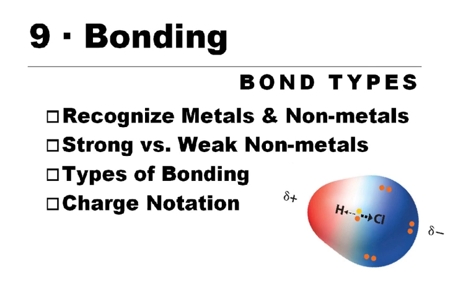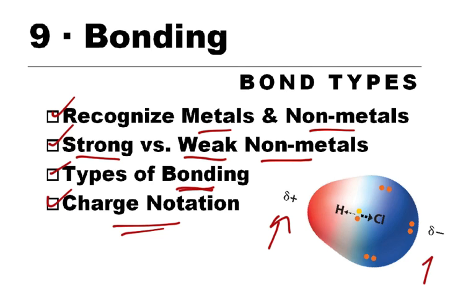This is a quick tutorial on how to recognize and write down bond types. So the first thing we have to do is look at the periodic table and be able to recognize metals and nonmetals. And for the nonmetals, we need to know weak versus strong nonmetals. We have to learn those different types of bonding. And then finally, there is something about the notation on a couple of the different bond types, the notation of